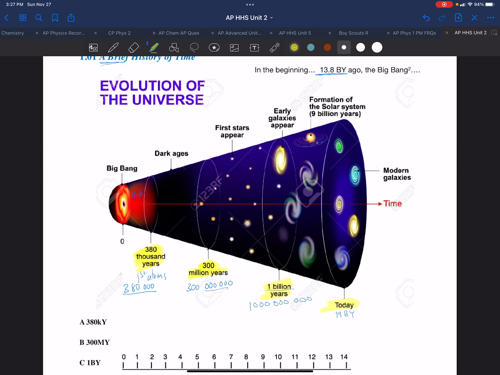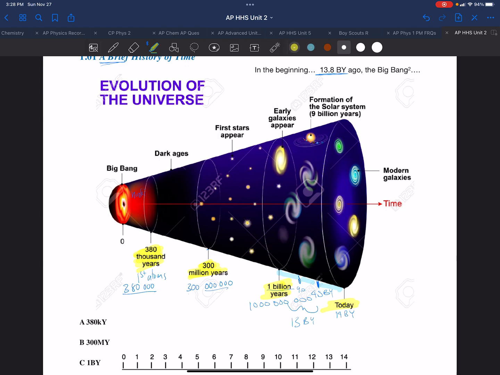Now, what's interesting is that if you look in this last period between the first galaxy and today, well, there's a 13 billion year difference in period of time, but our sun formed in the last third of that. So about 4.5 billion years ago. So if you divided this period that there are galaxies into thirds, the first third, the second third, and the last third, ours didn't come into existence until the last third. So out of the 14 billion years, our own galaxy didn't appear until about 9.5 billion years after the Big Bang.